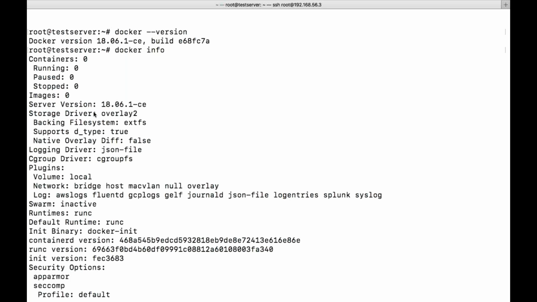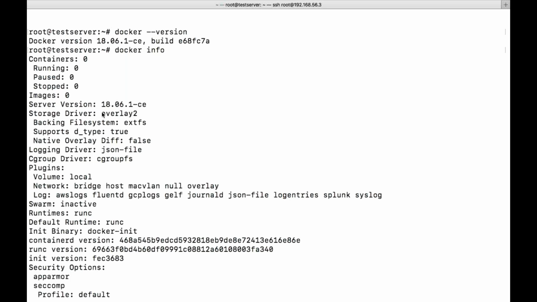If you take a pen drive, you'll be using VFAT or whatever it is. So we use a certain file system for each and every block device. Similar to that, for Docker, in order to write data into the container, it will follow certain rules. Those rules come from storage drivers. So here we are using overlay2 by default.